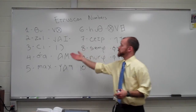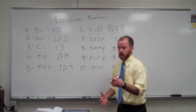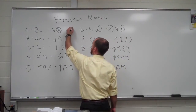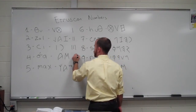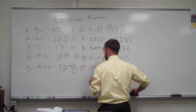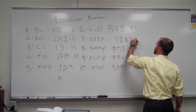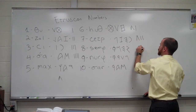Now, obviously, when you're counting, you're not just going to write these numbers down. So the Etruscans did have a tally mark system, similar to our Arabic numerals for the words that we have. So 1 would have been represented by just a hash mark. 2 is 2. 3 is 3. 4 is 4. 5 you would see as this upside down V, right there, and then you have 6, 7, 8,